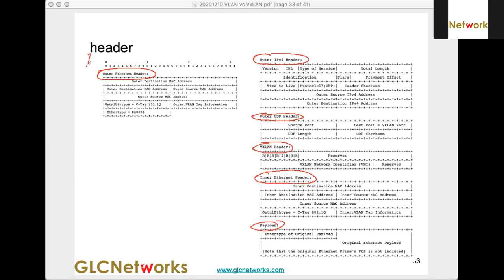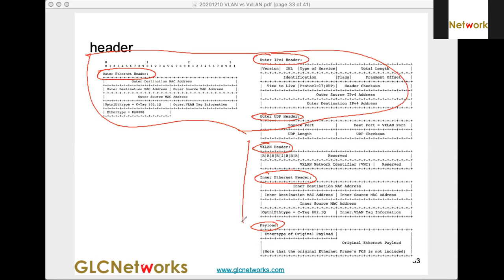As you can see, this is the underlay protocol that is used to allow the VxLAN to work, and on top of that you have the payload. And then here we have VxLAN. So VxLAN is using UDP.